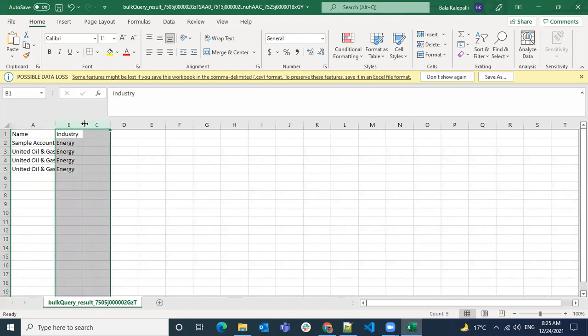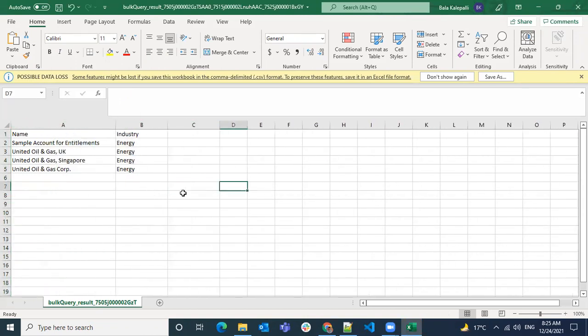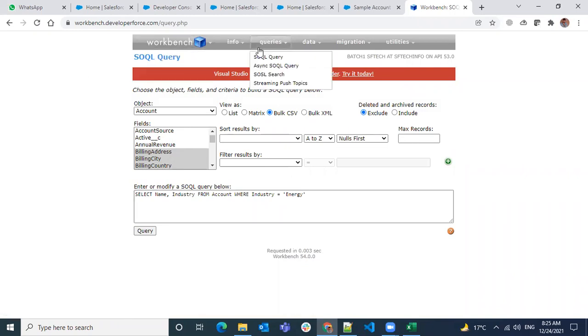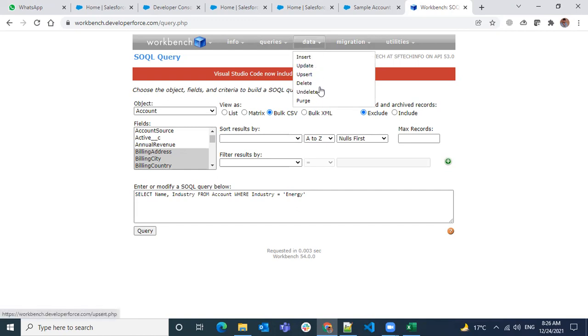So Bala, the Workbench, do we use it in real time? What is the main use of this? No, Workbench is a multi-purpose thing, I can say. It is not directly Salesforce, but it is powered by Salesforce, and you can see so many options for querying. If you want to export or import some data, you can also use insert of data in bulk, like Data Loader, but not as big data as Data Loader. Like what you do with the import wizard, if you want to do operations on small data, you can do that.